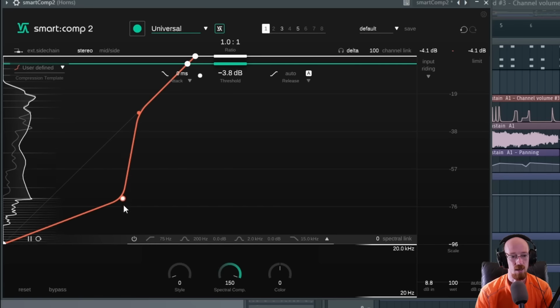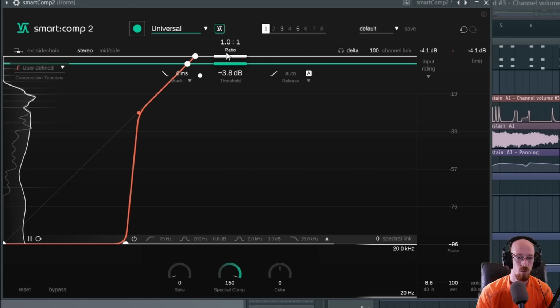And what I could do is I could say, hey, I'll set a gate. So normally, right, with such a high threshold and a ratio of 1, you would think nothing would happen. But we can actually define a gate here. So we can say anything that isn't loud enough, once it gets this loud, it will be allowed through. But anything below that will be turned down to nothing. And so if we go ahead and play this,